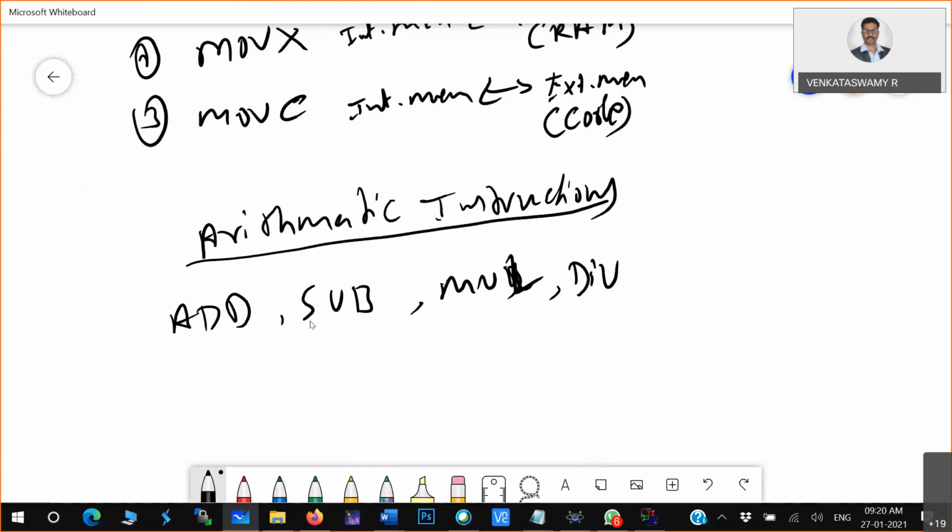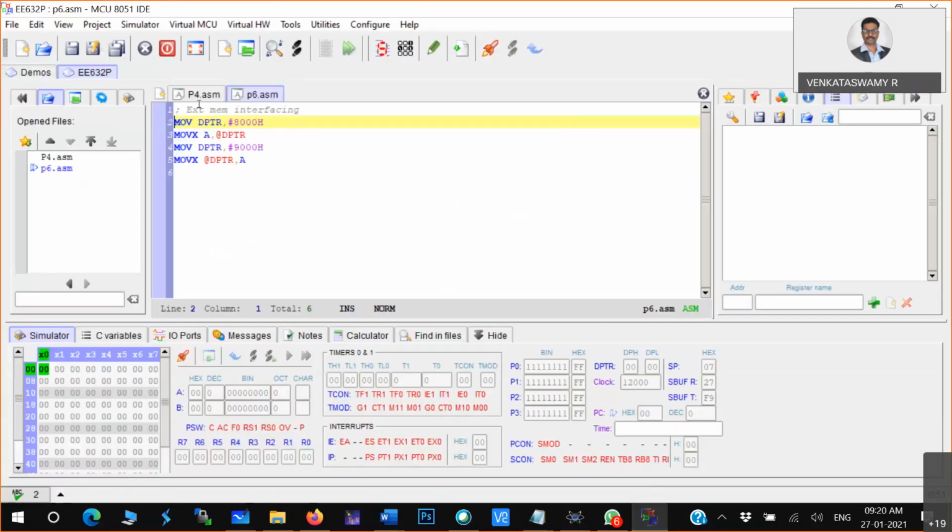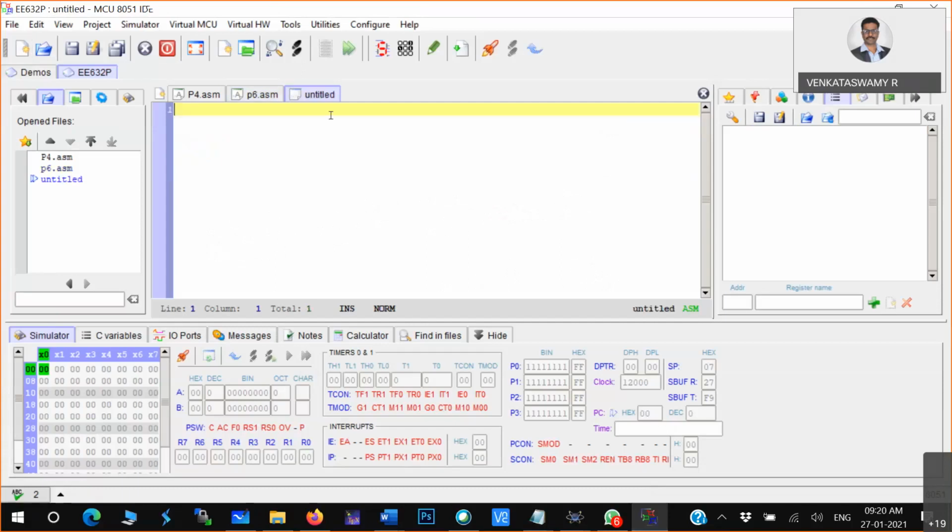Now I'm taking a demonstration here. I'm taking a new file and I'll do an addition operation: addition of two numbers.